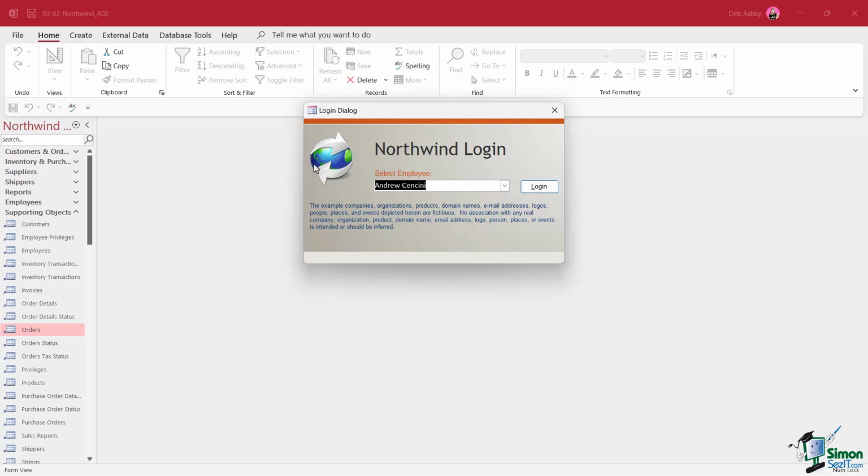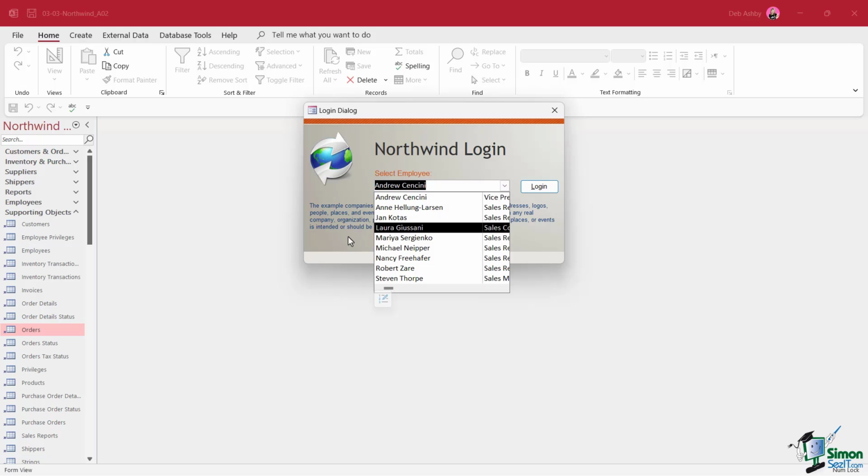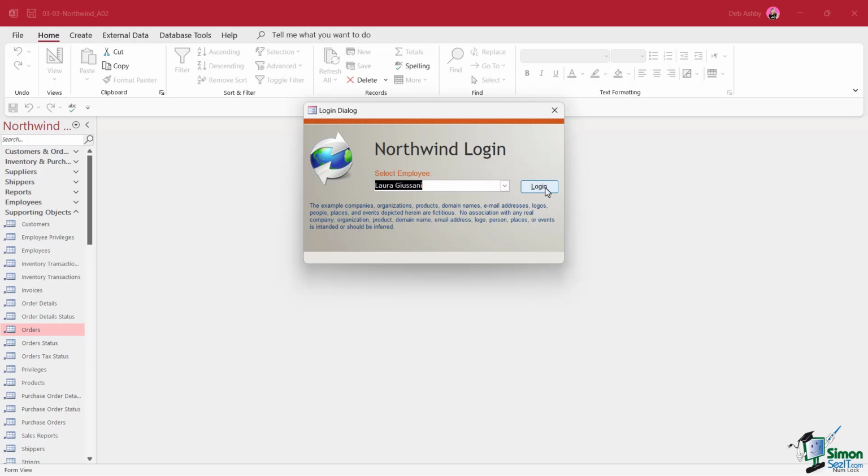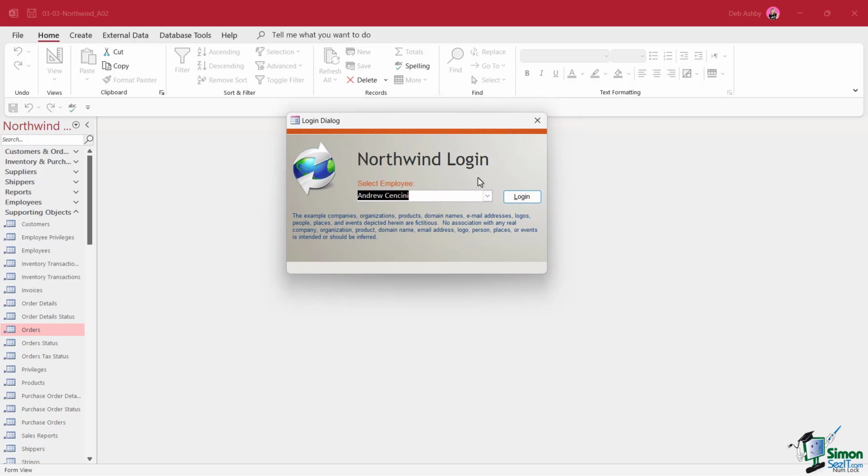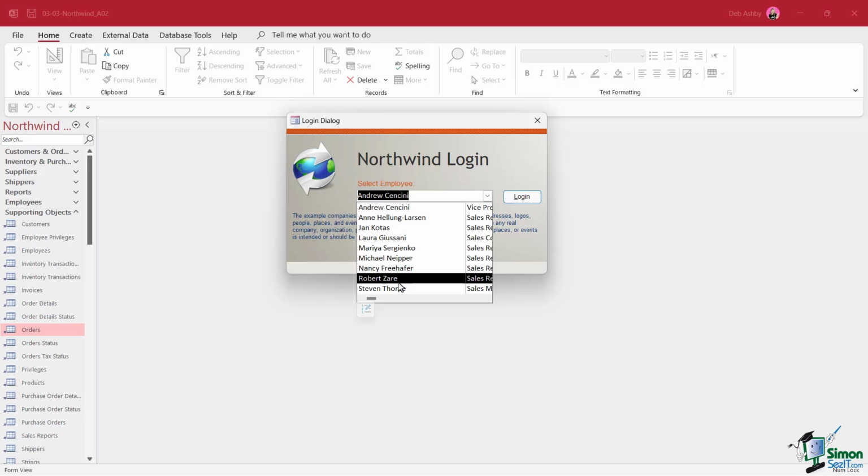And the idea behind this login screen is that an employee can come in and they can click the drop-down, they can select their username from the list, and then they can click login. Now, I wouldn't say this is a particularly useful or secure example of a login screen. If we wanted this to work in a real-world situation, there's lots of changes we'd need to make here. For example, it's probably not the best idea in the world for everybody to be able to see the